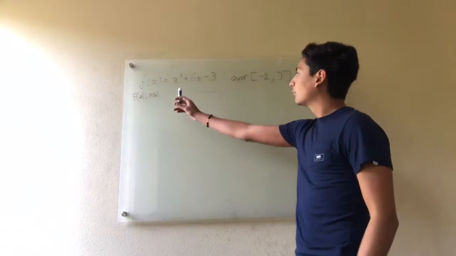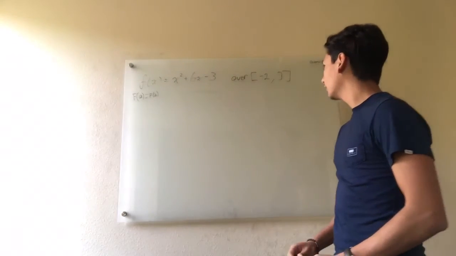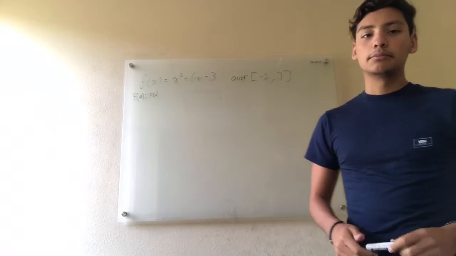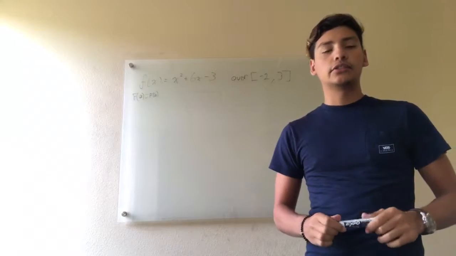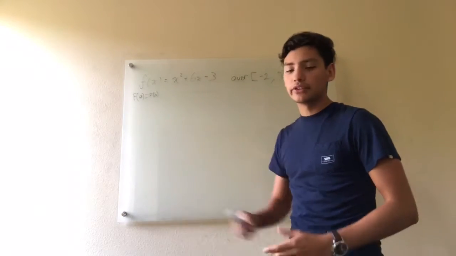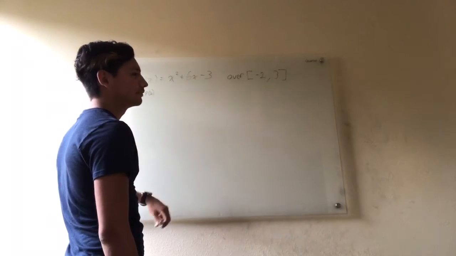So our next problem is f of x equals x squared plus 6x minus 3 over the interval of -2, 3. Since the function is polynomial and we already know that the first two conditions are continuous and differentiable, we're moving straight to the third condition, which is f of a equals f of b. Since the third condition is what's left,